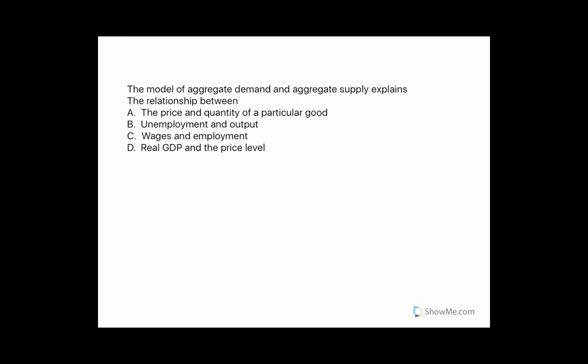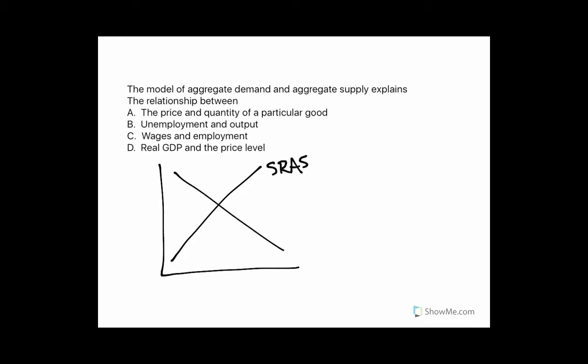The model of aggregate demand and aggregate supply explains the relationship between what? And then we have four options here. So I think the easiest way to look at this question is drawing out the model for aggregate supply and aggregate demand. So if we look at short-run aggregate supply and aggregate demand, typically when we draw a graph like